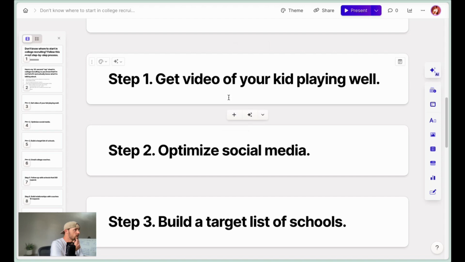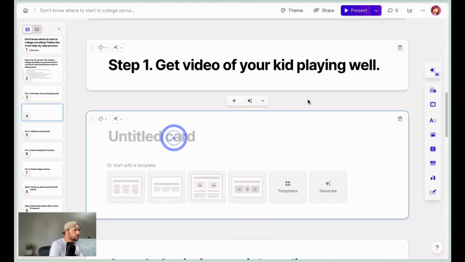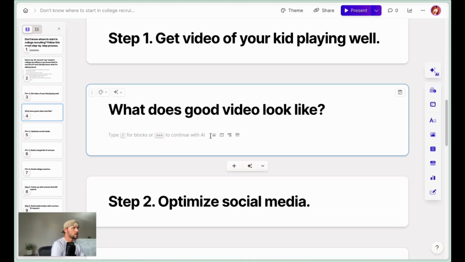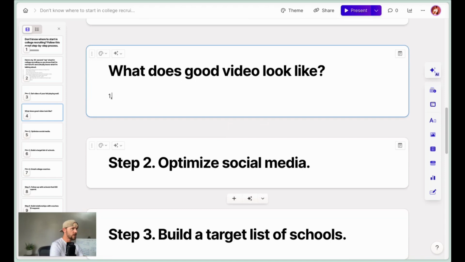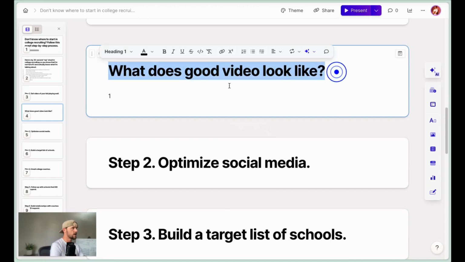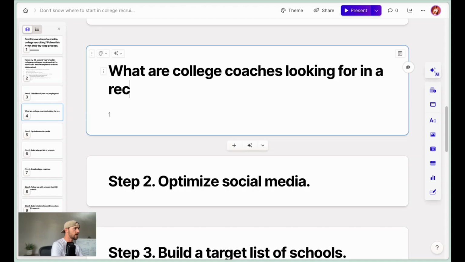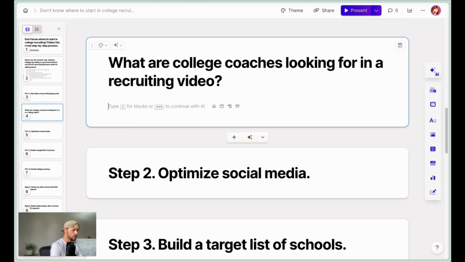And so the first one is we have get video of your kid playing well. So what does good video look like? Okay. So good video. Well, let's say this. What are college coaches looking for in a recruiting video, right? What do they want to see from you? The first thing that they want to see in a recruiting video is